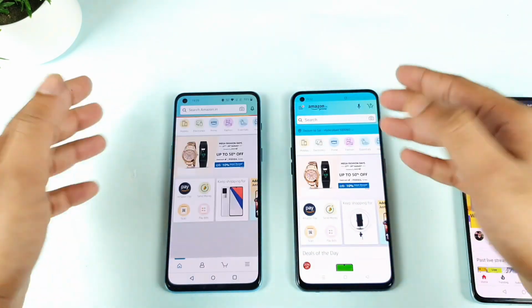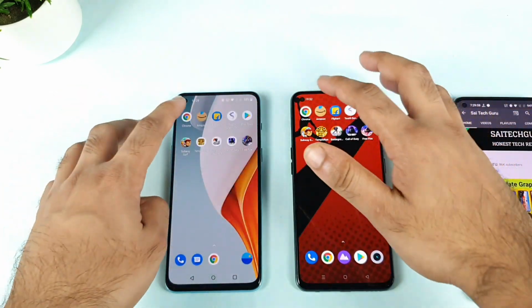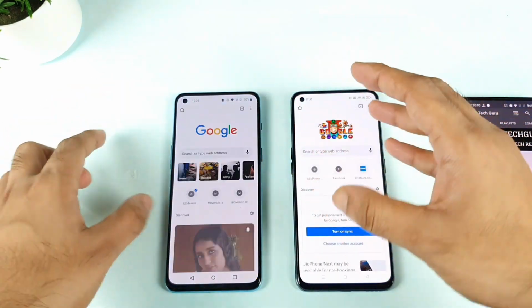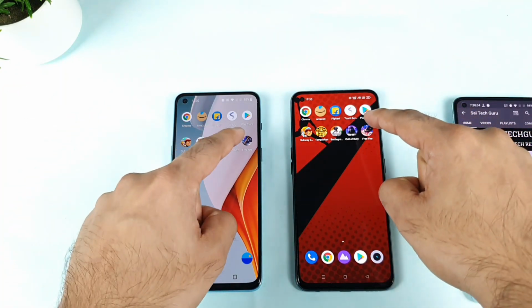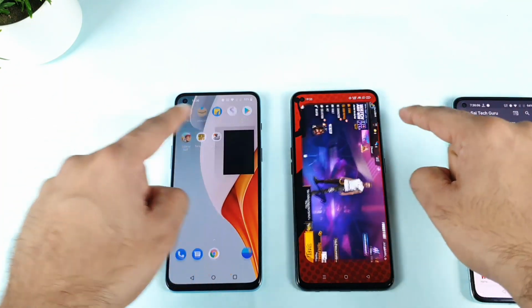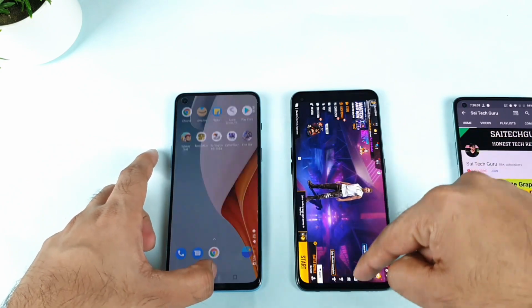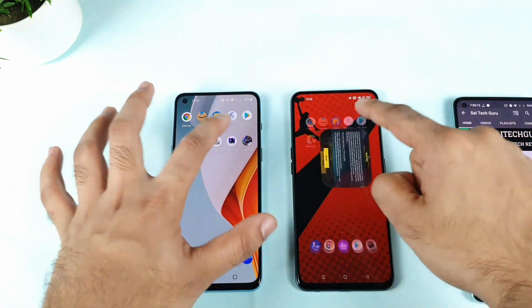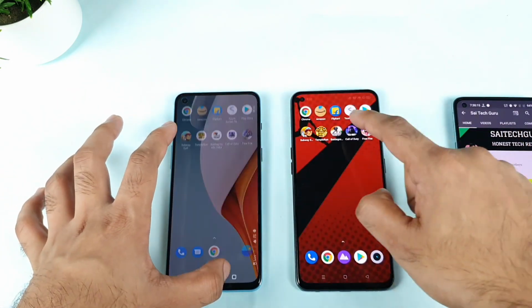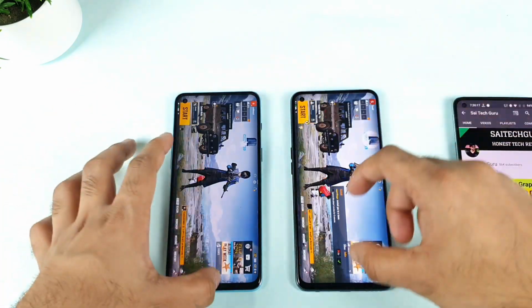And Amazon, the Realme X1 Max did load faster. Chrome, also Realme X1 Max. As you can see, friends, the difference between both phones. And now let me try to visit the last game. Realme X1 Max. Wow, that's fantastic. Realme X1 Max was able to keep the last game as well. That's kind of good. Call of Duty as well. Wow. Battlegrounds Mobile as well.